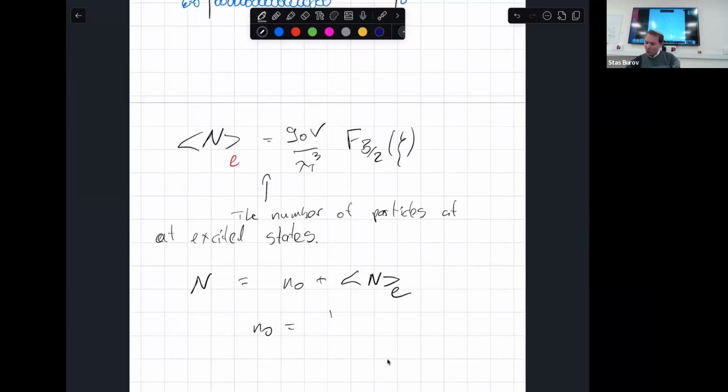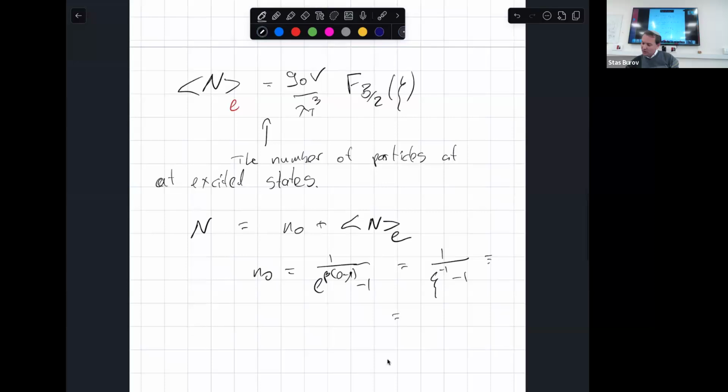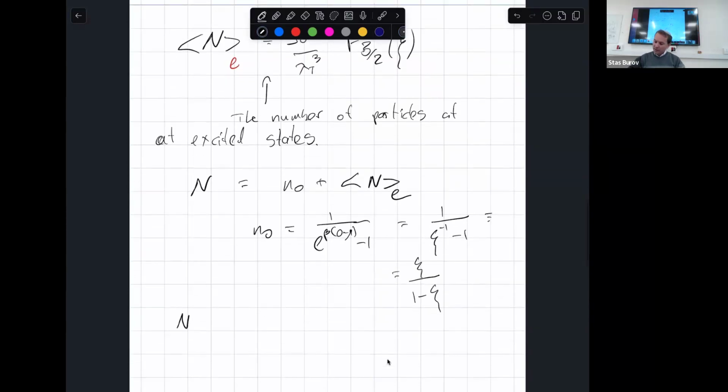n0 is 1 over e to the power beta, and we have 0 over here because the lowest energy we assume is 0, minus mu, minus 1. So it is 1 over the fugacity to the power of minus 1. We just write it down as the fugacity divided by 1 minus the fugacity. Okay, so in total, n is the fugacity divided by 1 minus the fugacity plus g0 V divided by lambda_T to the third,